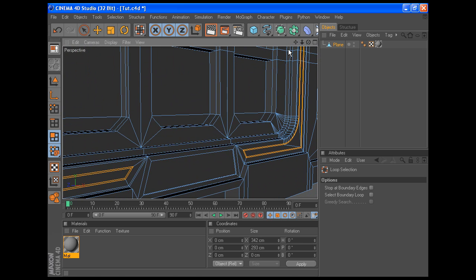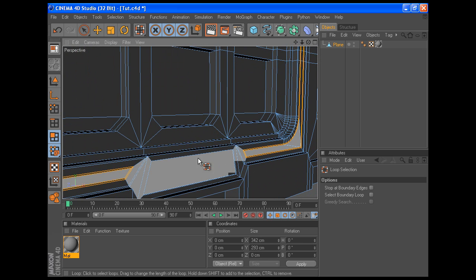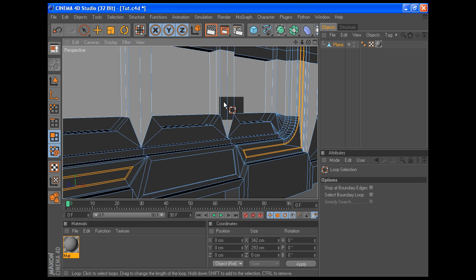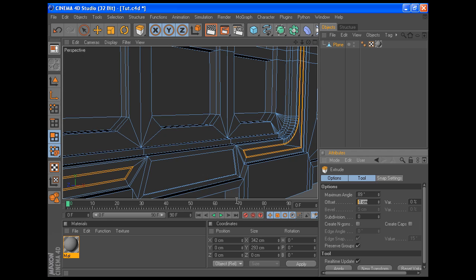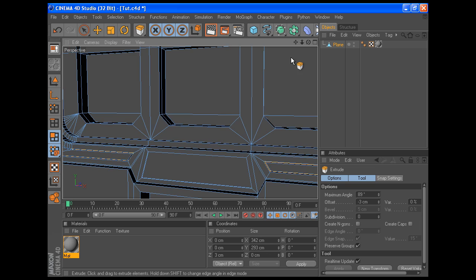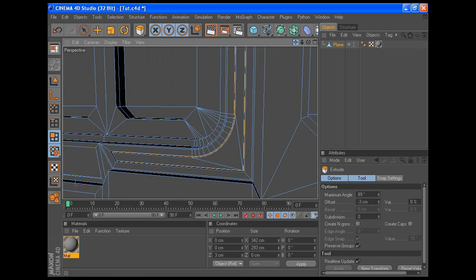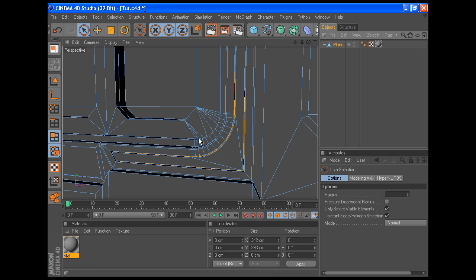We're good to go, and press right click, choose extrude, and I'm going to set that to minus 3 and apply so that it goes in. And then we can just move back, and we can see that we have created our